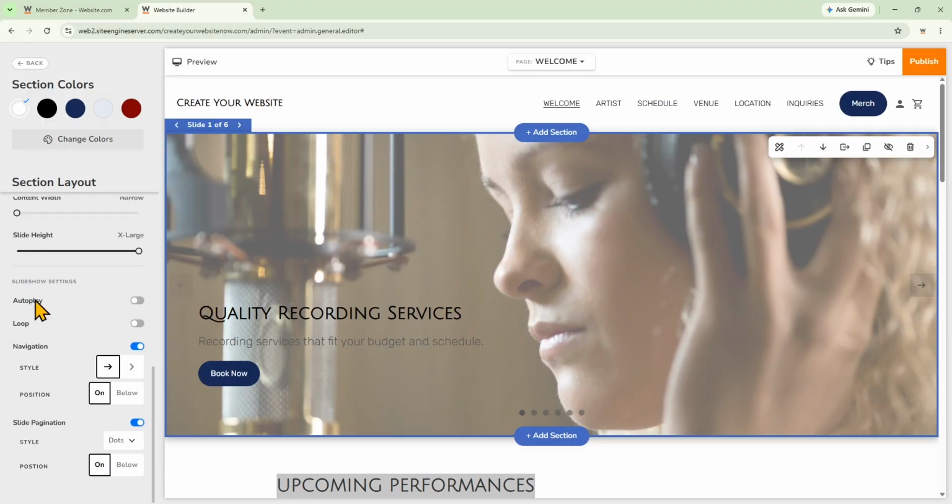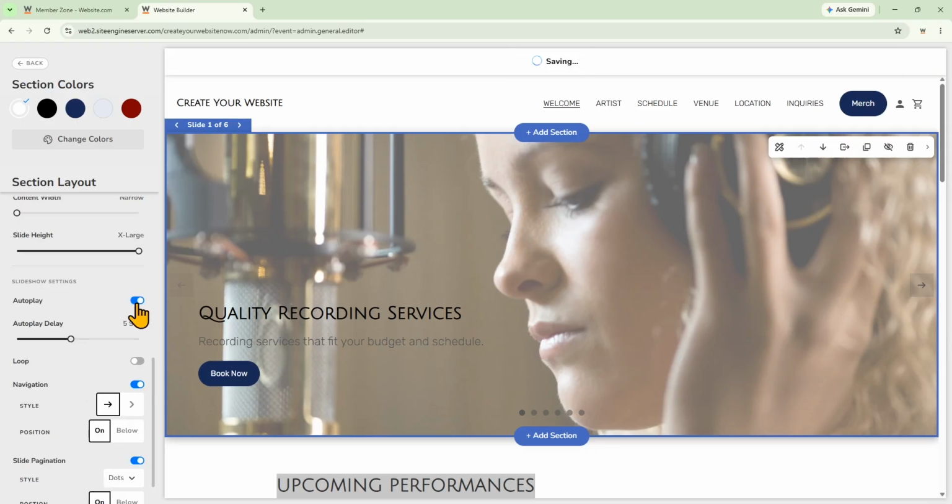And let's go ahead and set the slideshow settings. So if you toggle on autoplay, once visitors land on the page with the slider, the images will automatically move through the slideshow without visitors needing to click any navigation arrows. And you can also choose to have the images loop, or if you have that off, you can make it apparent that the last image in the slideshow has been reached. So if you choose to have the images loop, when it reaches the last slide, whether visitors click the navigation arrow to move forward or if the slider is on autoplay, it will smoothly go back to the first slide without breaking up the flow of the slider.